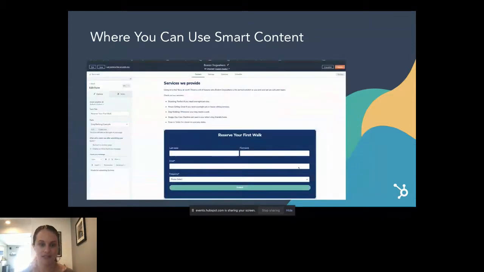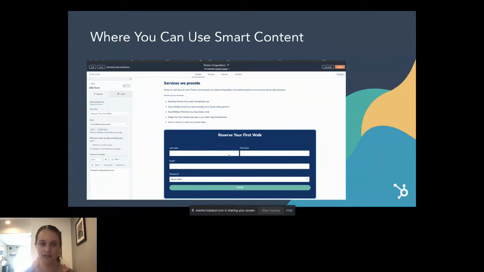Some other places you could use it. Here's a form on a landing page. This could also be used on your website page. It doesn't have to be a landing page. You can see how someone would go and create a smart variation to the form, select the dog walking example, and then edit from there.